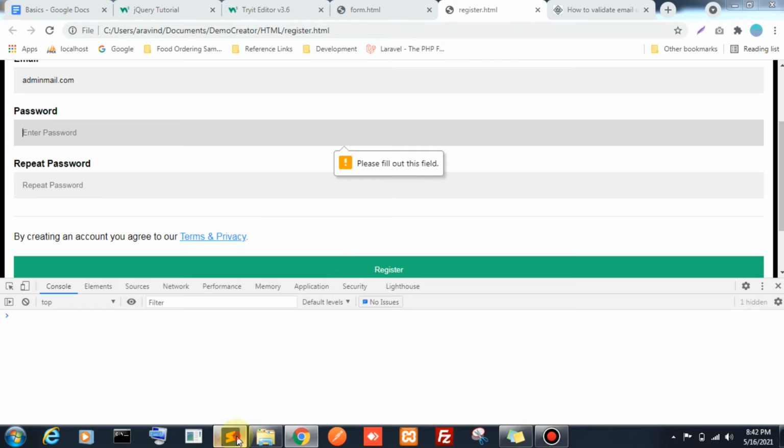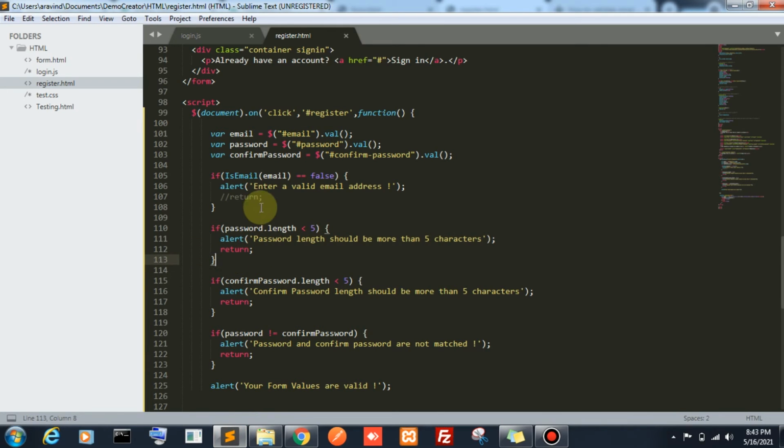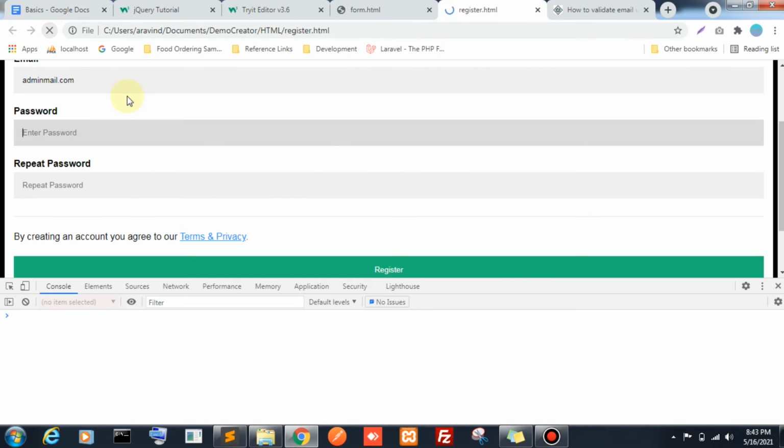So this code is also running. That is the work of return. It will break the code from here if this syntax is working, then it won't allow these other things to run. If I comment these things, it will allow the next line. In this line I gave a return, so these two functions were working. Okay, I reverted the changes.